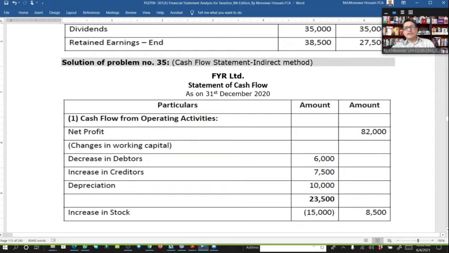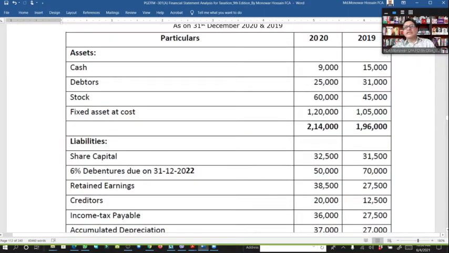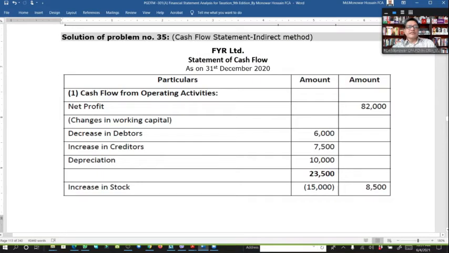Decrease in debtors. If we go to the balance sheet, debtors in the year 2019 were 31,000, but debtors decreased. It means that they paid the money to the company. In the year 19 it was 31,000, but the 20 closing balance is 25,000. So the difference is the amount we collected from the debtors. That is a positive thing for adding. Look here, we can take the amount within the bracket, that is 6,000, we collected from